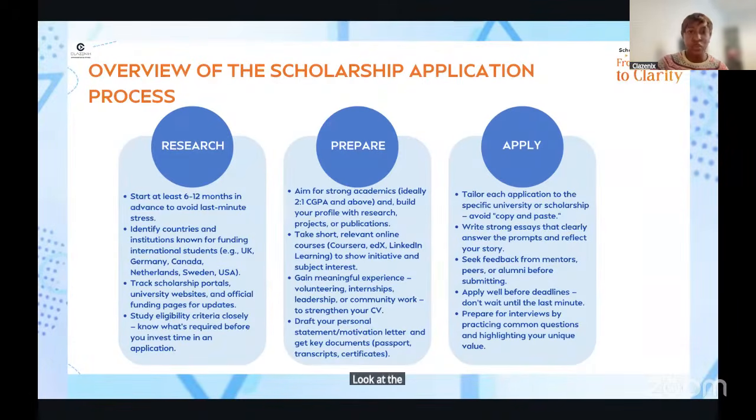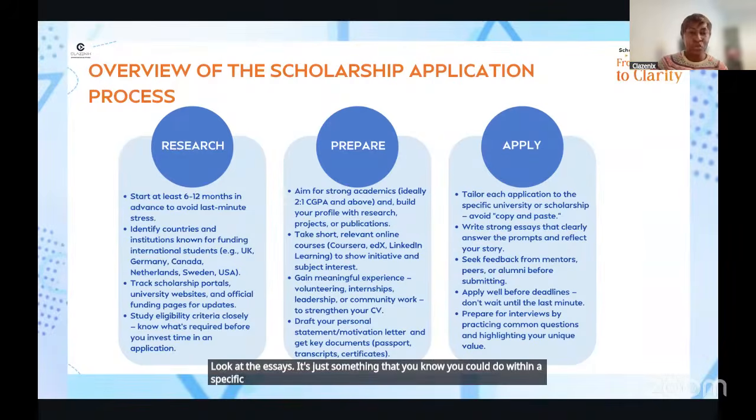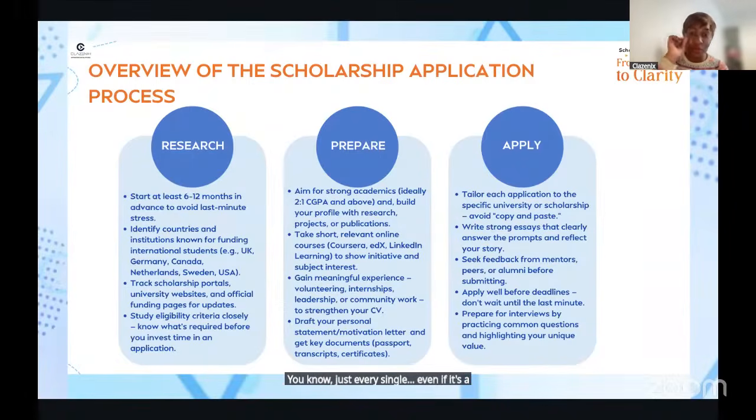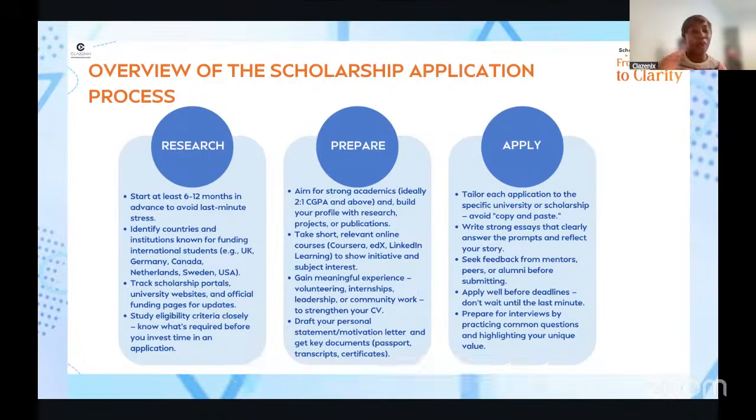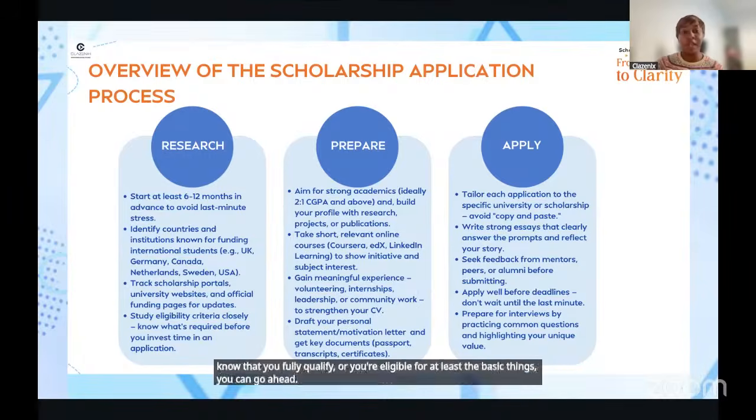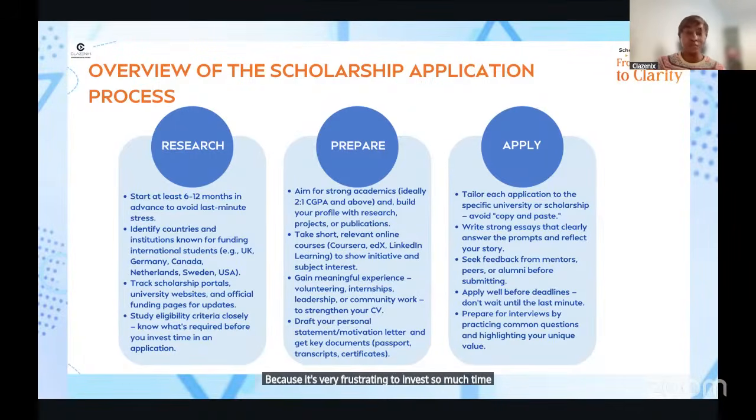Is this something that you could do within a specific time frame? Look at every single detail, even if it's a full stop or a comma on those websites, read them, understand them. And when you know that you fully qualify or you're eligible for at least the basic things, you can go ahead, because it's very frustrating to invest so much time and realize that you don't have the eligibility they're looking for.